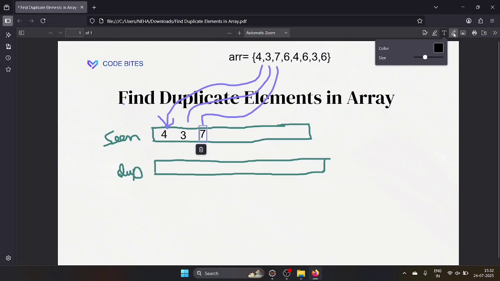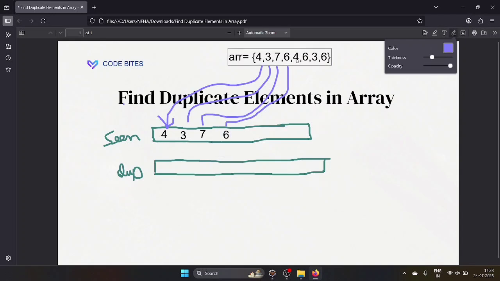Then it is going to take the next number, that is 6. 6 is not present in the asset, so it is going to be stored here in the asset called scene, right? Then here the main thing will come. Now see here, it will pick a 4, right? Next number is 4. It is going to pick that number and check here in the scene asset. It is already present,